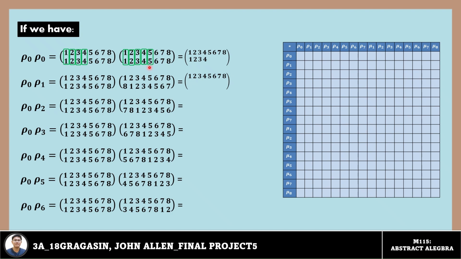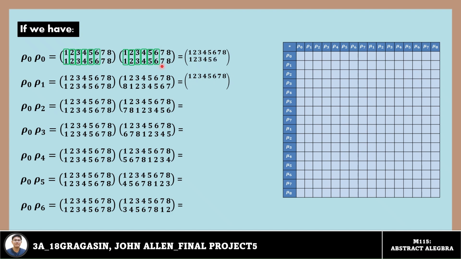And then for 5 is to 5, we need to find 5 on the upper left side. So we have here the 5, and the number below it will be our answer. Therefore, our answer here is 5. And then 6 is to 6, we need to find 6 on the upper left side, and then we have here the number 6, and the number below it will be our answer. Therefore, our answer here is 6.